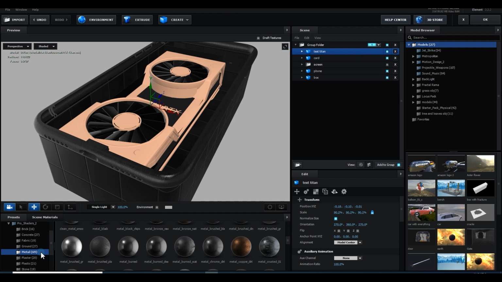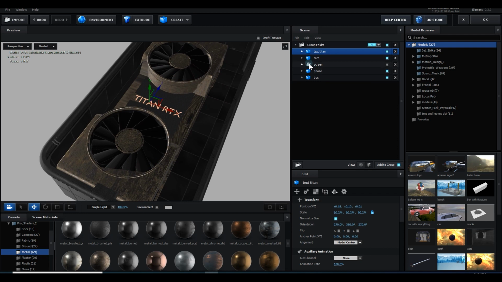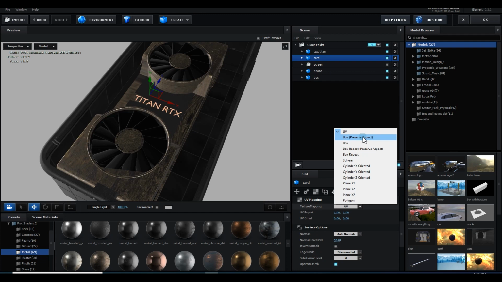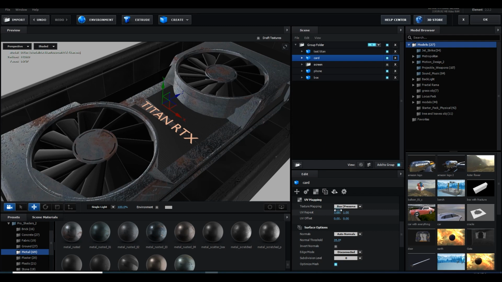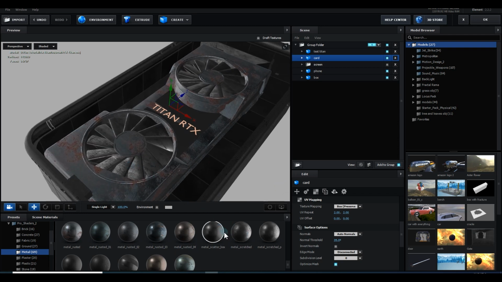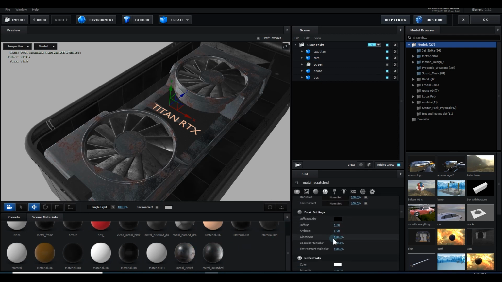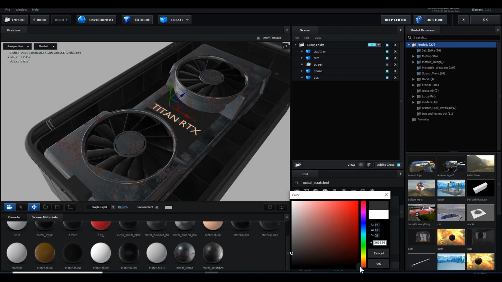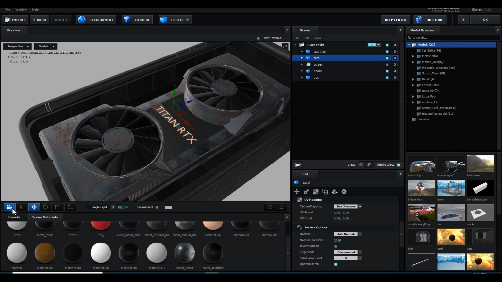So I will use Pro Shaders again, metal, and I will apply a grunge material for this frame. And let's go to the card, UV mapping, and make it box, or maybe this one. So this looks good to me. You can just change the scaling to 2x2 also. Then I will use a metal scratch for this one, and I will just make it black. So go to the reflectivity and make it black. So pretty good.